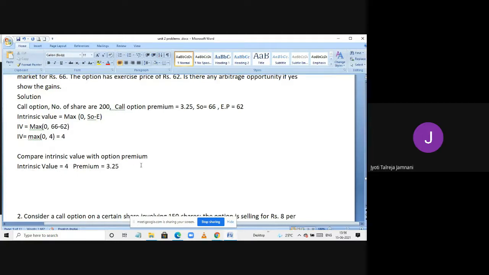Is 4 rupees and 3.2 the same, or are they two different values? Different, ma'am. They are not equal. If it was 4 and 4, I would have said they are equal. But they are not equal here. If they are not equal, arbitrage is possible. So the next step, as the intrinsic value and premium are not equal,